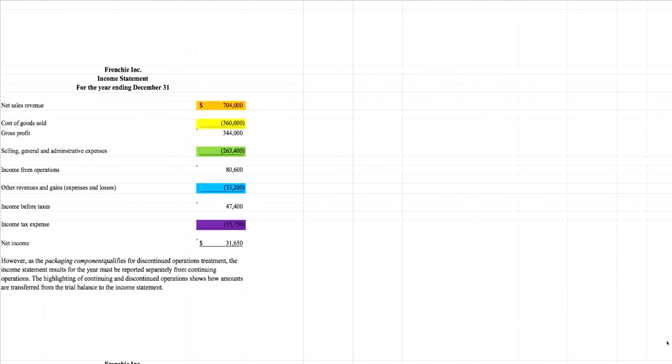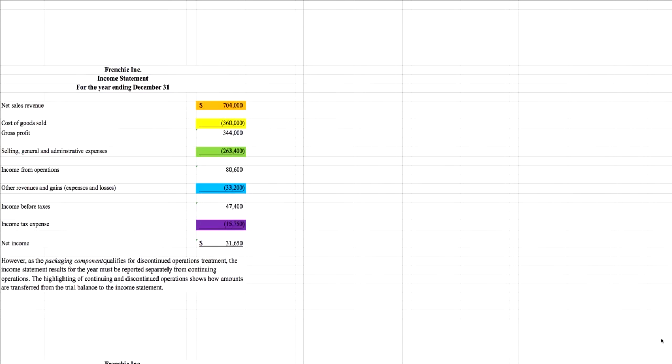We then have our income from operations. We then have other revenues and gains. We then have income before taxes, income tax expense, net income. Please notice, there's no income from continuing operations just yet. If we're not discontinuing the packaging division, then this is how our income statement would look for